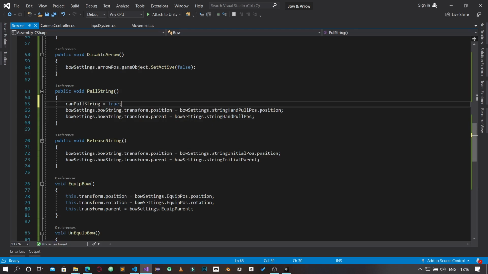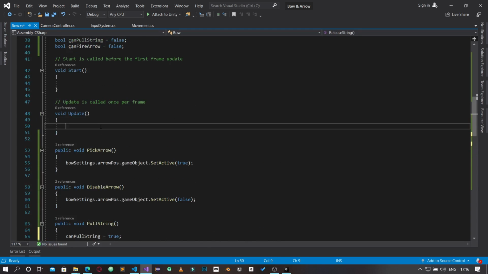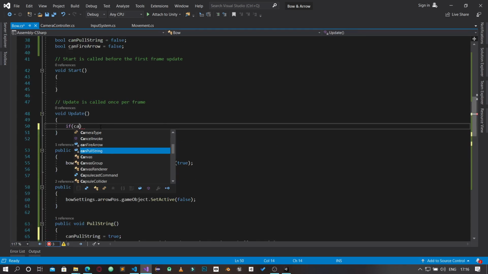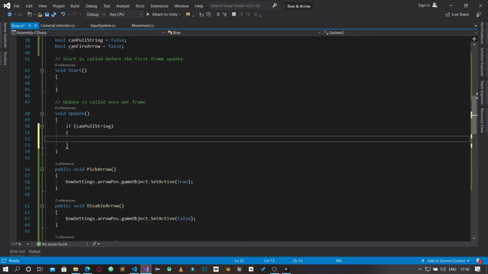Okay, and then in release string we are going to say canPullString should be equal to false, because we don't want that weird behavior. Now in our update, what we are going to do is say if we can pull the string, we can actually pull it, and then now we are going to say